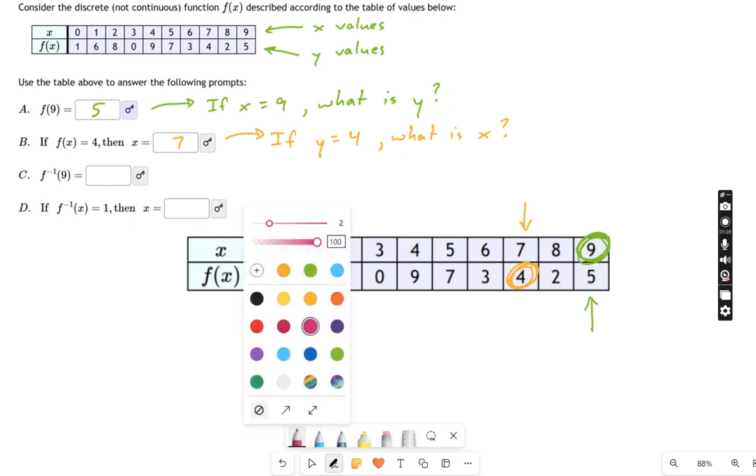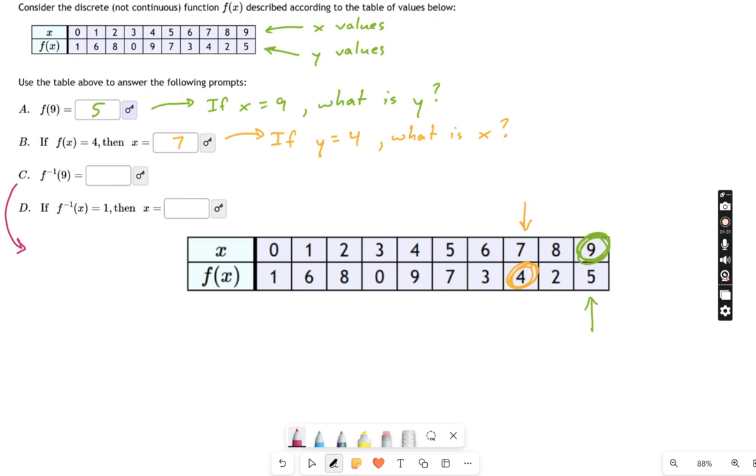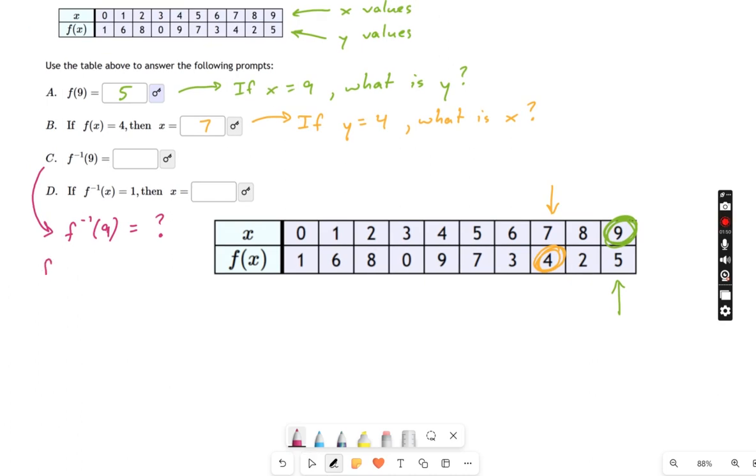So let's pull this C question down here. Look at what this is saying. Let me just write it down, and then I'm going to translate this into something we're a little more comfortable with. The inverse function evaluated at 9 equals something. So rather than talk about the inverse function, because that is weird, one option we have is to evaluate the function on both sides, using each side as an argument.